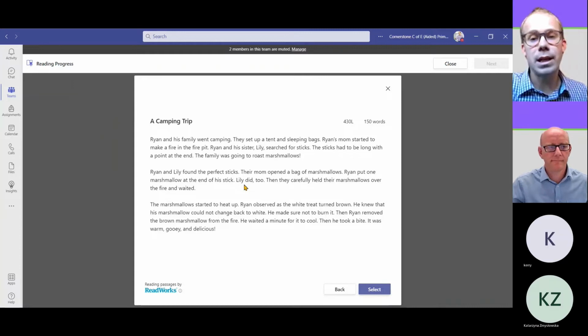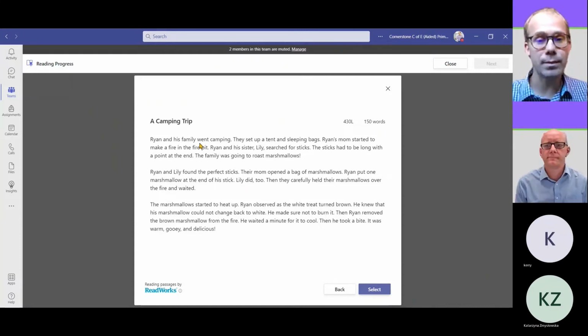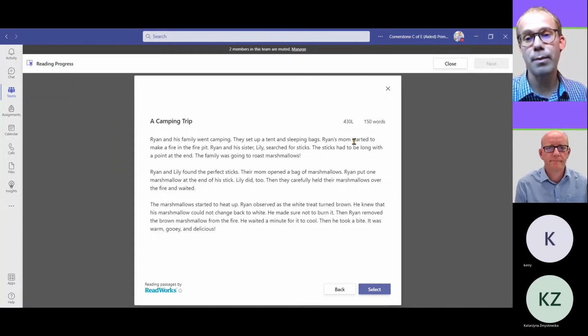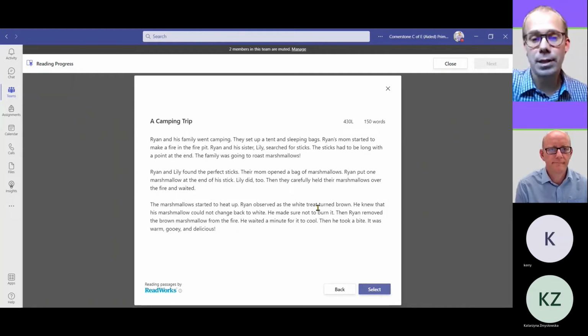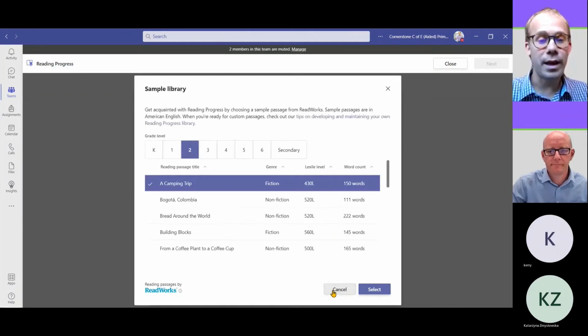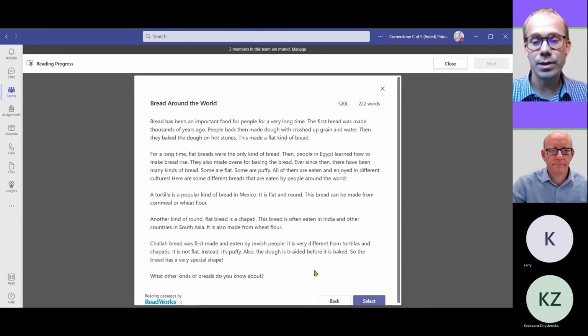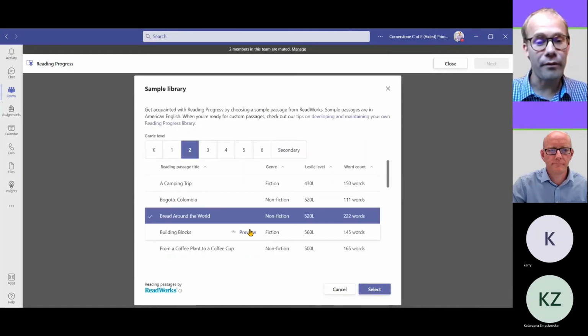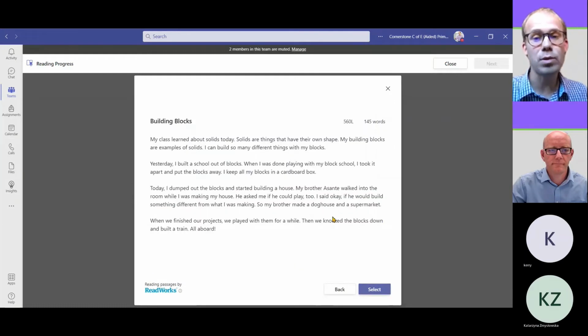Being honest, you may come across some American spellings, particularly as you can see mum there. But that's actually a key educational tool for children, that mum is spelled in different ways across the world. We've got a fiction text which is all about building blocks,